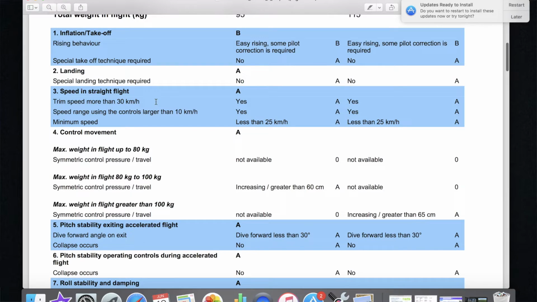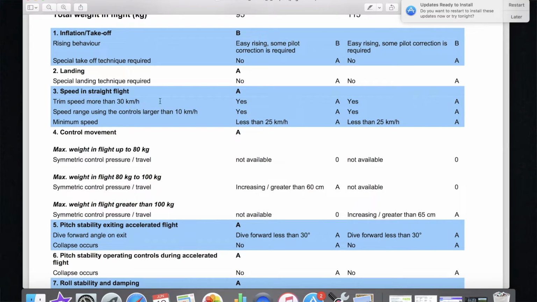Trim speed more than 30 kilometers an hour? Yes, A. Minimum speed less than 25? Yes, it got an A rating there. Speed range using the controls is larger than